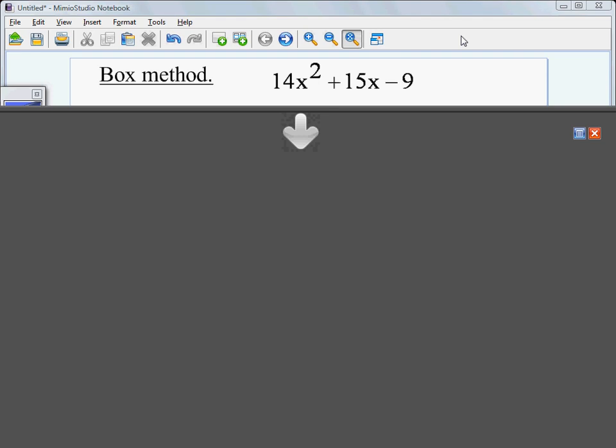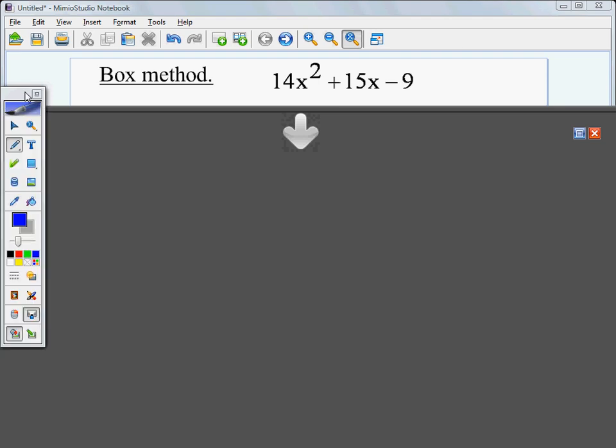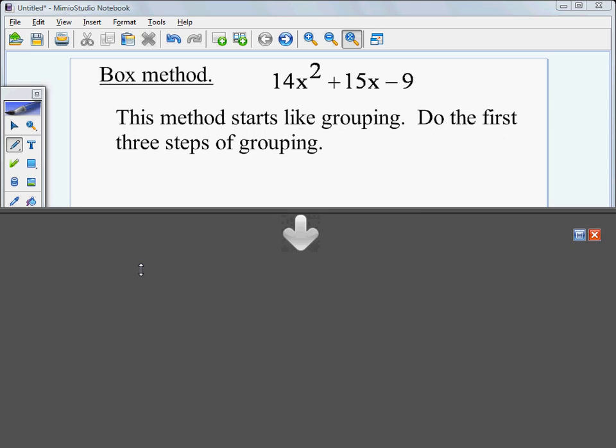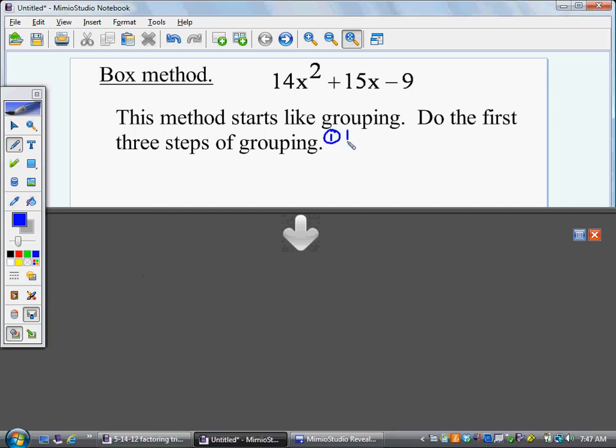Okay, in this video we're going to talk about how to factor trinomials by using something we call the box method. And the box method is very much related to factor by grouping. So the way that this gets done is you'll start just like grouping. You'll do the first three steps that you normally do in grouping, which is the first step,